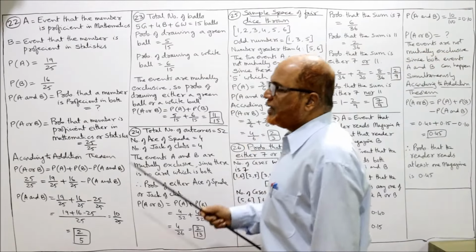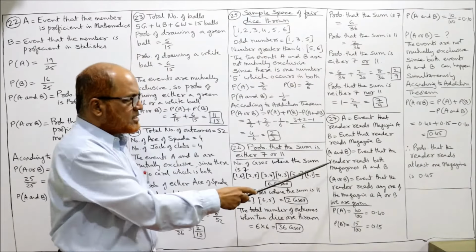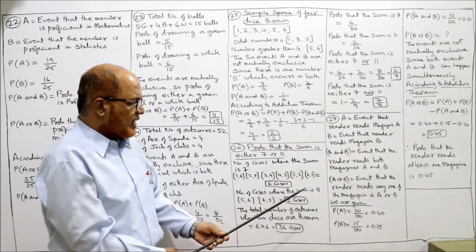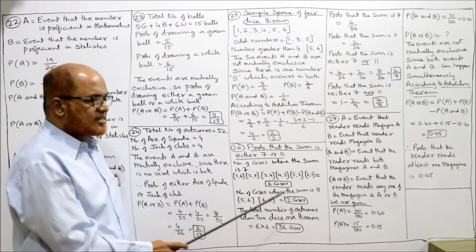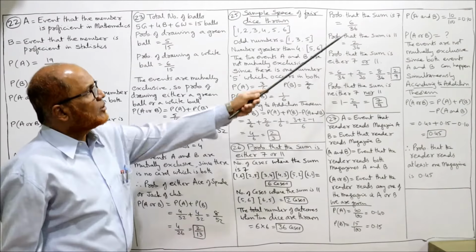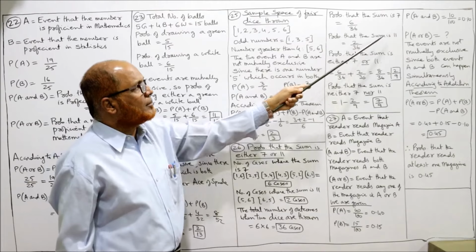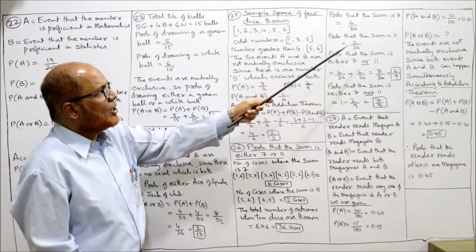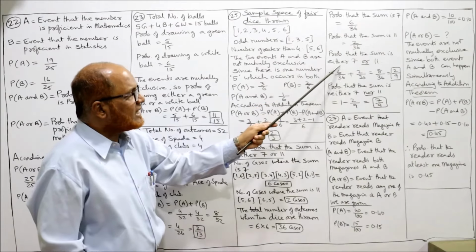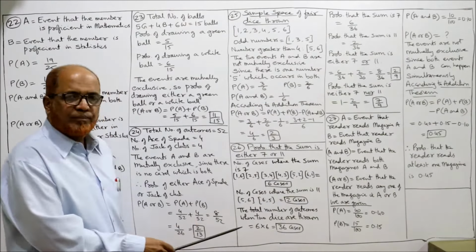Now, probability. Probability that the sum is 7. Sum is 7. तो कितने cases में sum 7 आएगा? यहाँ पर 6 cases. तो 6 cases are there where we get the total 7. तो 6 by 36 is the probability that the sum is 7. Probability that the sum is 11. So how many cases will get 11? 2 cases. So 2 by 36. Probability that the sum is either 7 or 11. There is no repetition. There is no common.